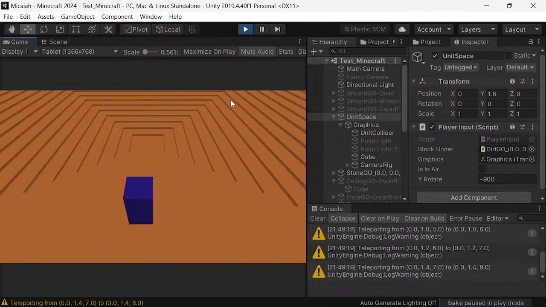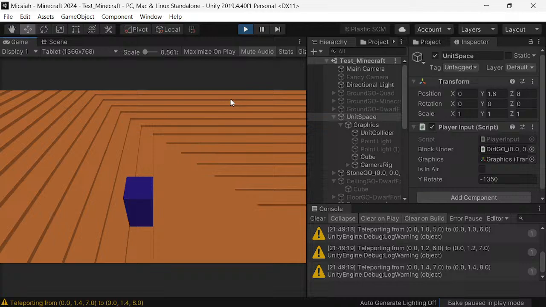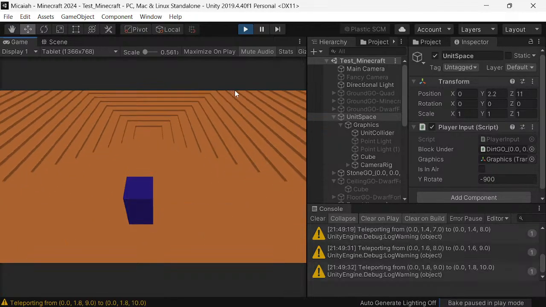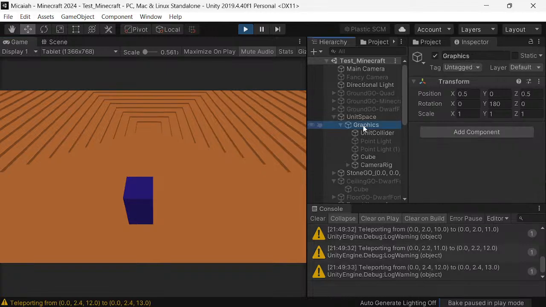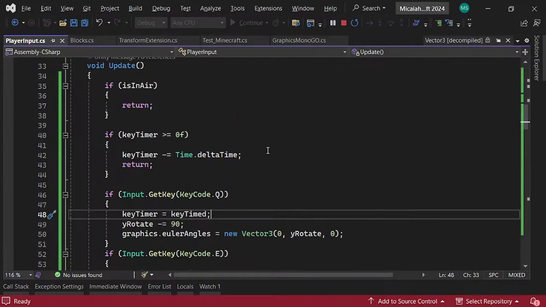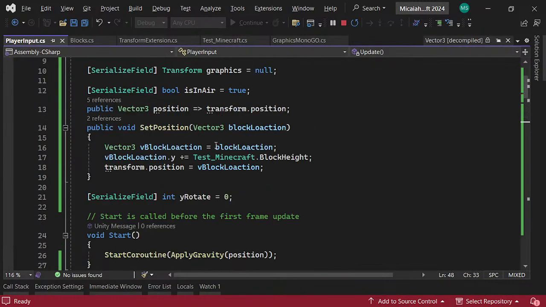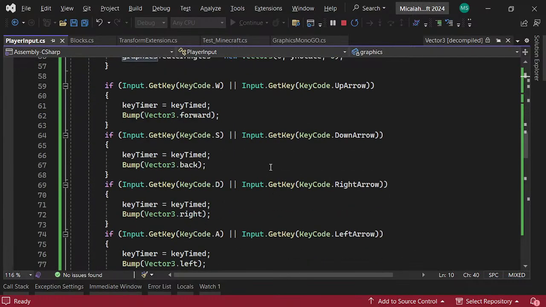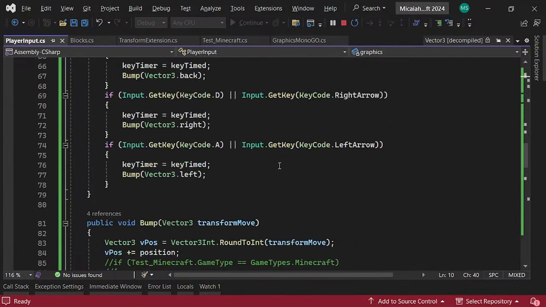Oh, I actually think that feels good. We could add some smoothness to it, but I think that feels good. But then the problem becomes, oh, the graphics, right? So now the transform dot forward has to be the graphics transform dot forward, right? So when you want to move the transform forward here,